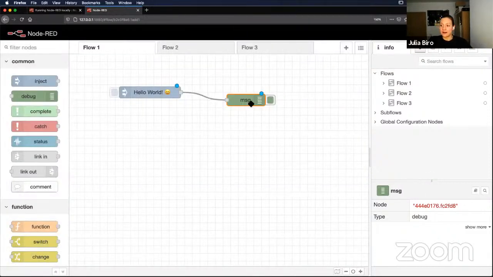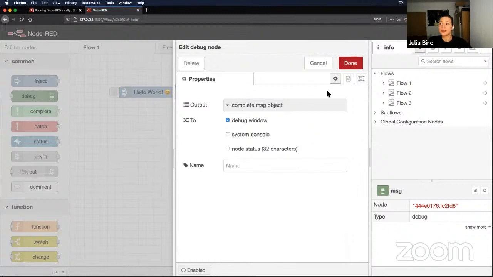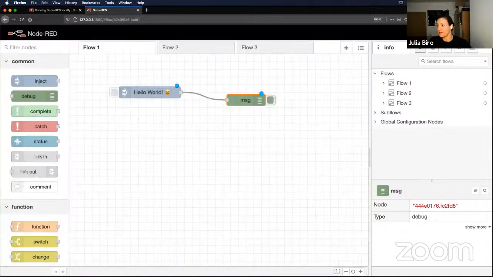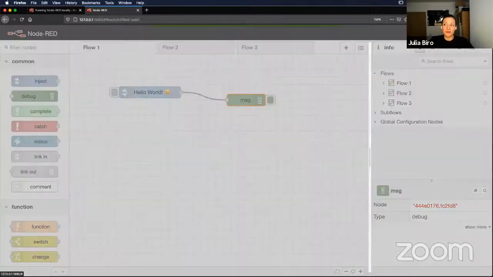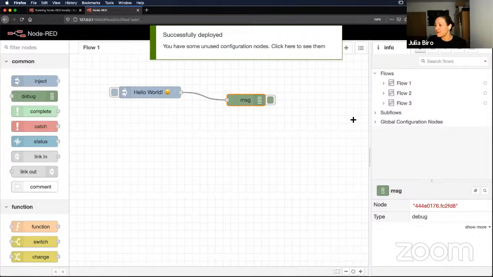In Node-RED, yes, I clicked done. If you see a red button, that usually means you need to press it. Done is how you save. Deploy is how you, well, save as well. On the right-hand side,